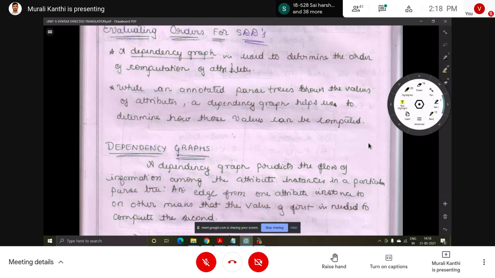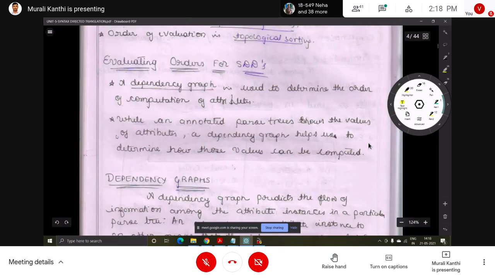It represents the flow of information among attributes in the parser tree, showing which one is evaluated first. So that is the evaluation order with the help of the dependency graph.